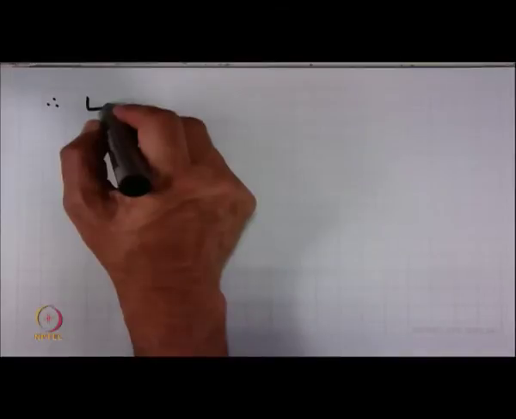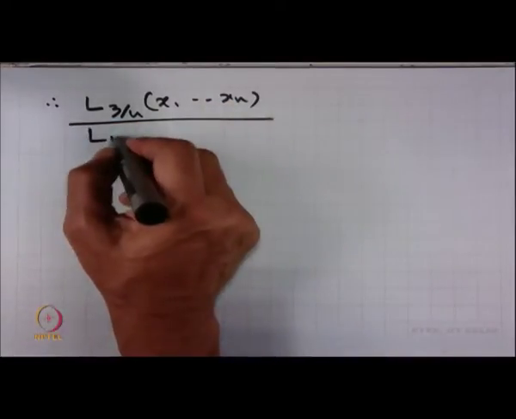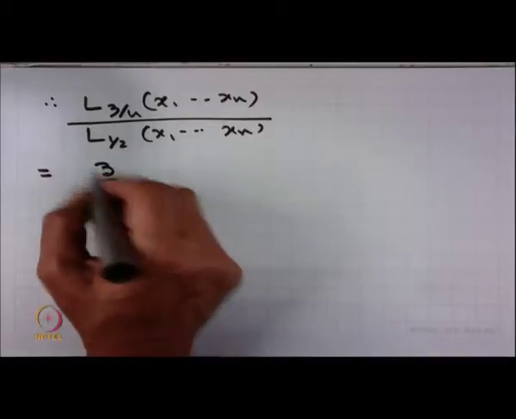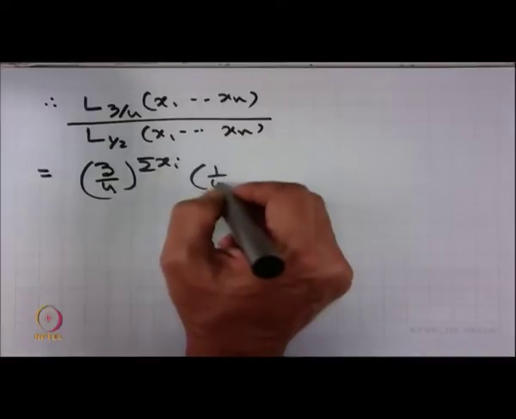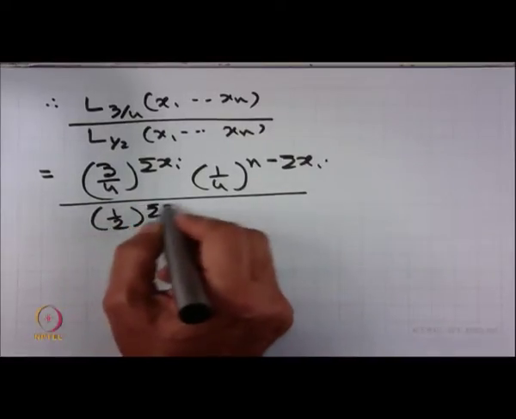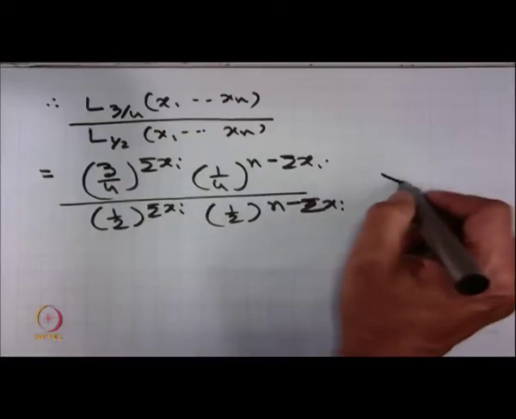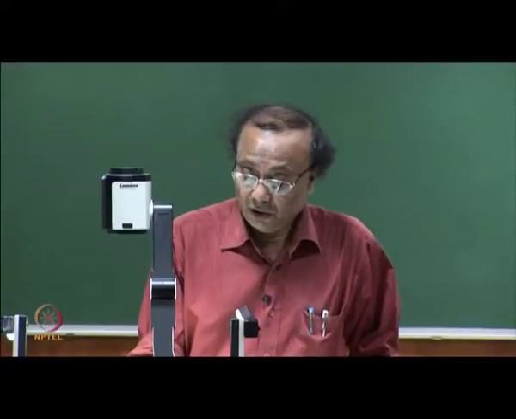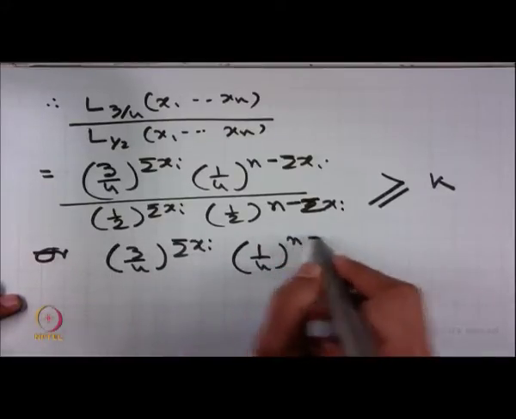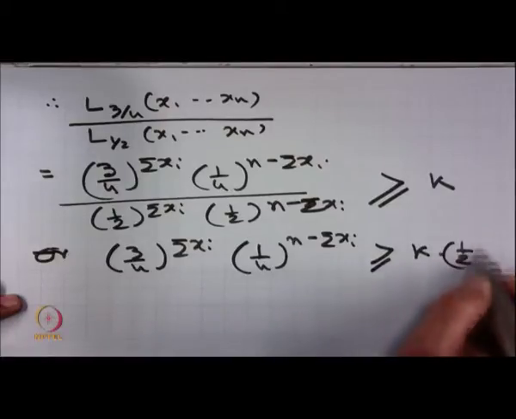Therefore, L(3/4; x1, x2, ..., xn) upon L(1/2; x1, x2, ..., xn) is equal to (3/4)^(sigma xi) into (1/4)^(n minus sigma xi) into (1/2)^(sigma xi) into (1/2)^(n minus sigma xi), and that has to be greater than or equal to k, or (3/4)^(sigma xi) (1/4)^(n minus sigma xi) is greater than or equal to k times (1/2)^n,